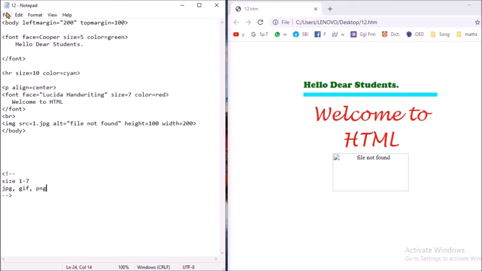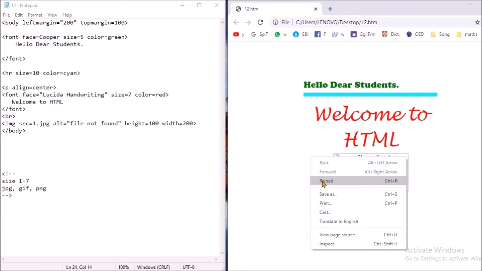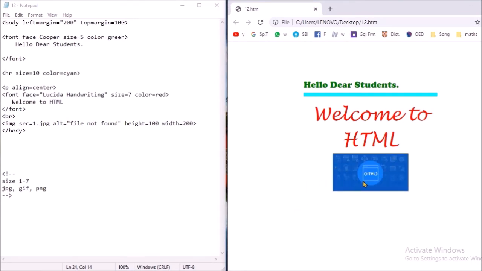Let's see. Right click, reload. You can see here. Now this image has been displayed because the one.jpg is present. Earlier the previous file was not present, so you got alternate text. Now width is 100, height is 100, you can change it.